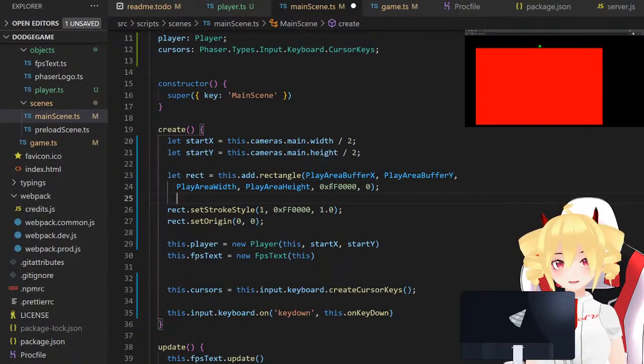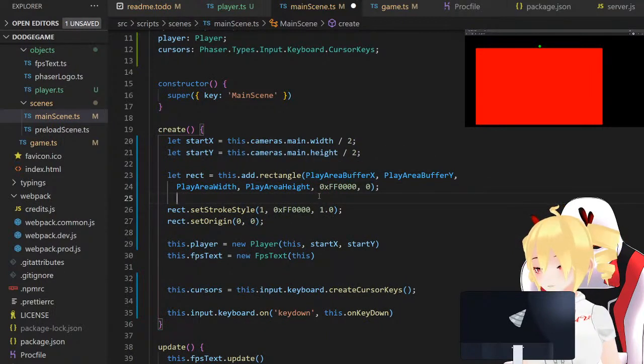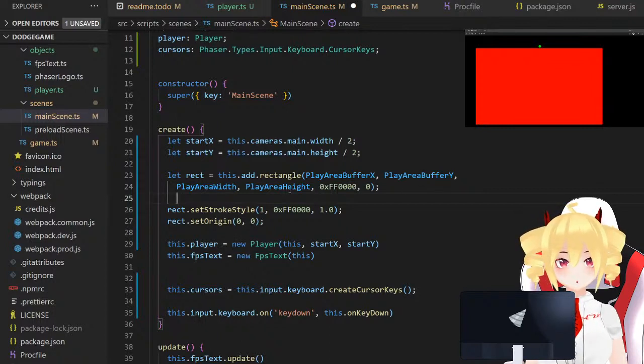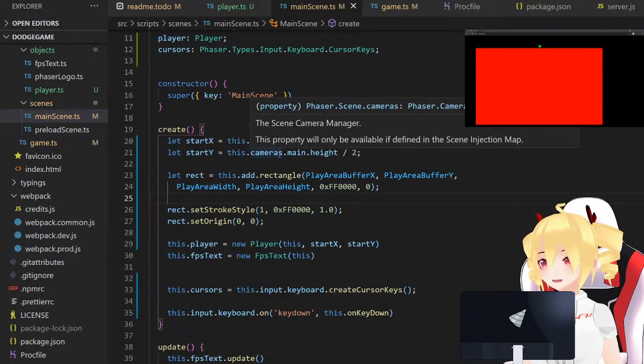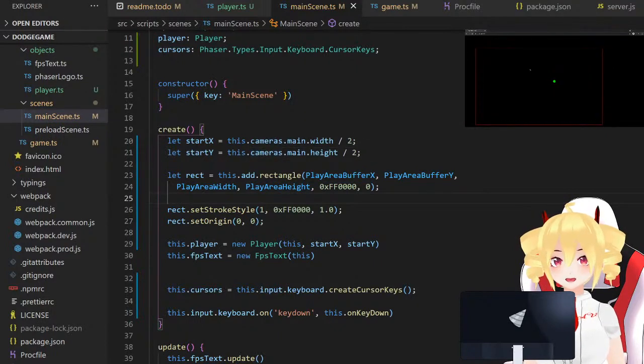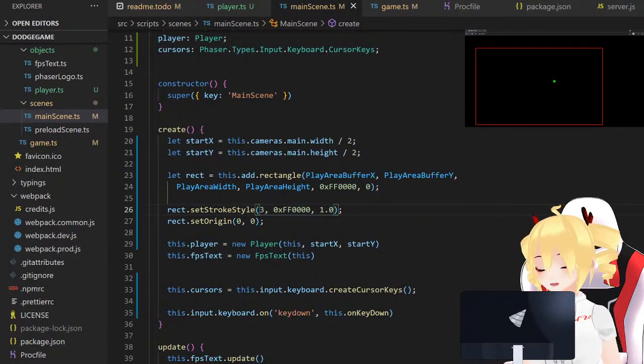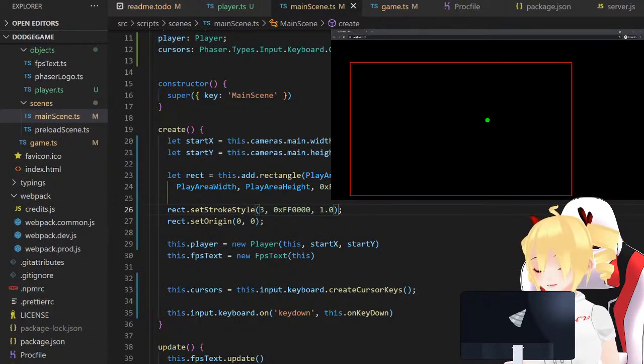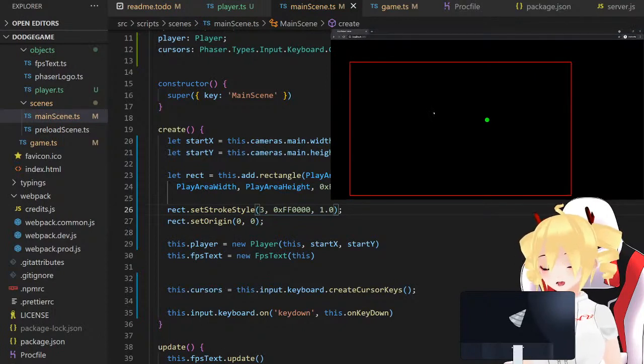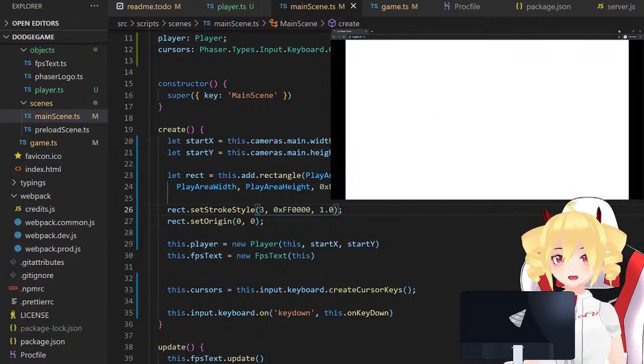So now we'll just save that, and it should reload, and voila. Can't really see it because it's not very thick, so maybe we'll try 3 for the line thickness. Looks a bit thicker. Let me make it bigger for a second. So now we can move around in our circle, but you'll notice if I refresh the page,